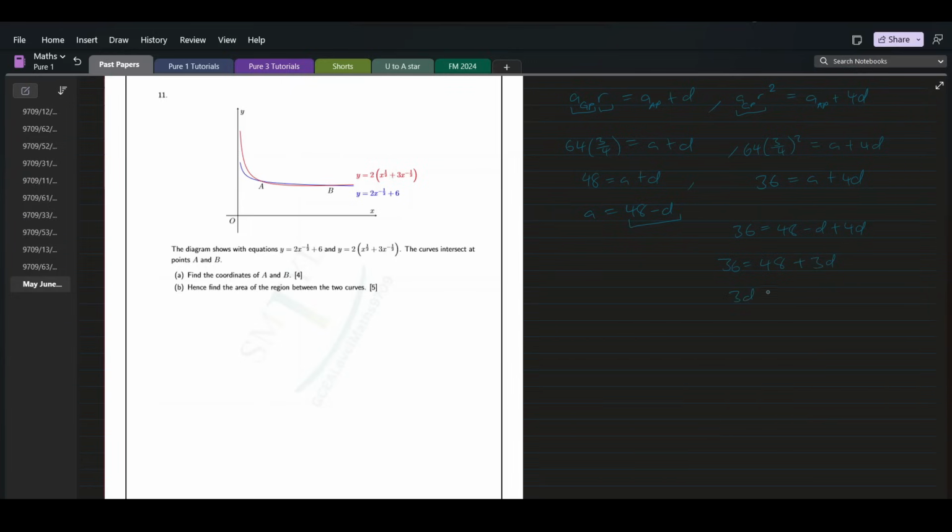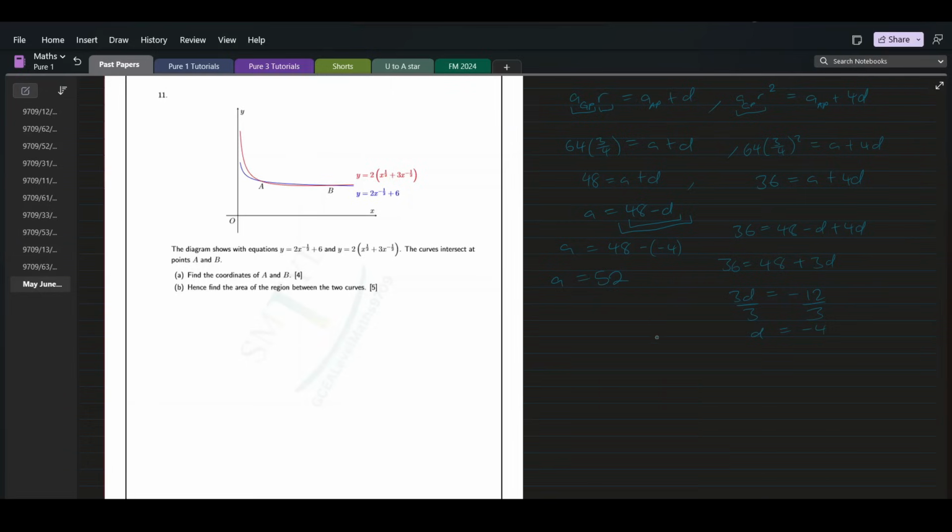And so we've got 3D is equal to 36 minus 48, which is negative 12. Divide both sides by 3. You get D is equal to negative 4. Now let's use that information to evaluate A. So A is 48 minus D, so that's 48 minus negative 4, which is 48 plus 4, so A is equal